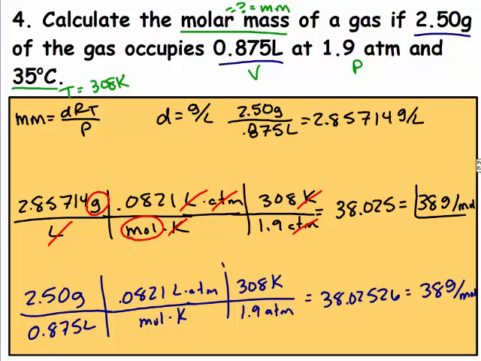All right, so on this problem, we were using molar mass equals dRT over P. The writing in black is if you chose to find density. So when I found density, I got 2.85714 grams per liter, and then I plugged my density into my equation. If you're breaking up a problem like I did here, make sure you keep extra sig figs. That's why I have so many numbers after the decimal instead of just rounding it to 3 sig figs. Plugging everything in, I get 38 grams per mole in the correct number of sig figs, which is 2 based